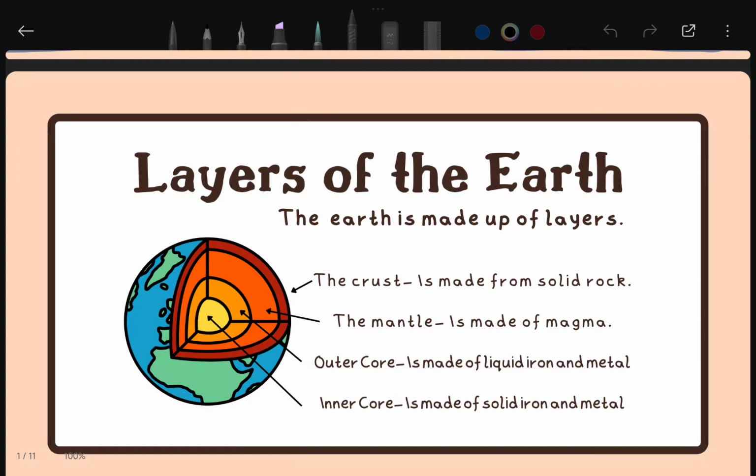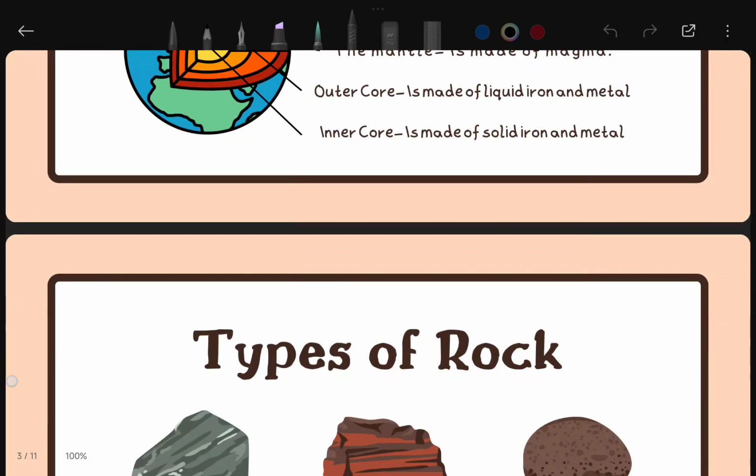Now you can understand that the ores of the metals and the other materials, like metals and their ores and minerals, that we get from the earth, we get from here only, because this layer consists of metals and liquid iron, and the liquid and solid iron is very hot, so that's why it is present here. This portion of the layer is known as the core. So basically, there are three layers as we mentioned: crust, mantle, and core. Then you have to understand all these parts.